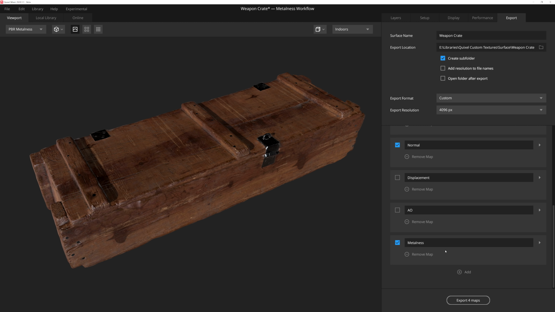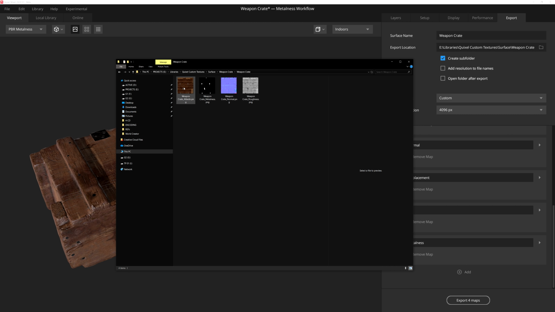That way we can specify where the metal is going to be in the Blender asset. So at this point, once you have your export location set up and all the textures that you want to use, all you have to do now is just click on the export icon here in the bottom. And as you can see, that folder that we've specified to export our custom textures to exported just perfectly right here.